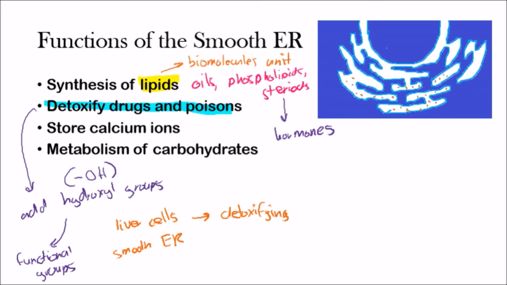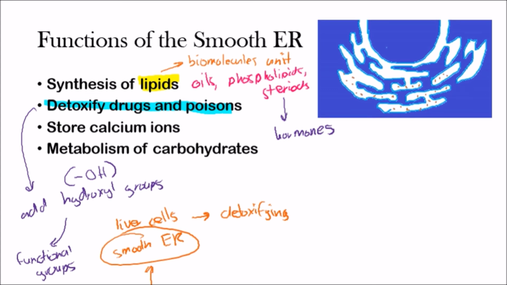So what happens is that sometimes when you drink too much alcohol, the body is automatically going to think, hey, there's a lot of toxins entering the body, and a lot of smooth ER is going to be formed. You're going to get an increase in the amount of smooth ER within the liver cells, which is great. You might be thinking, okay, now I can drink excessive amounts of alcohol and I won't die. However, now that there's so much smooth ER in your liver, what will end up happening is that